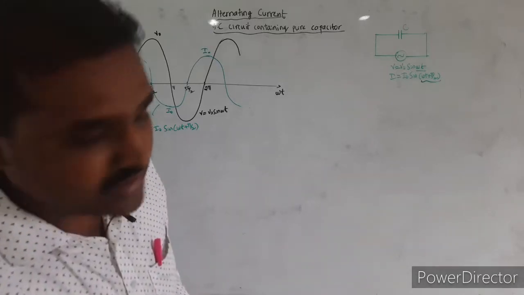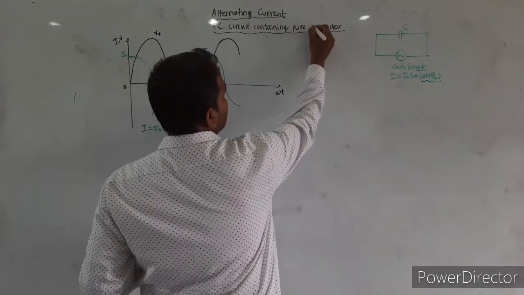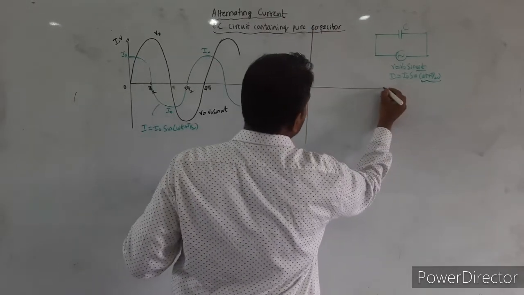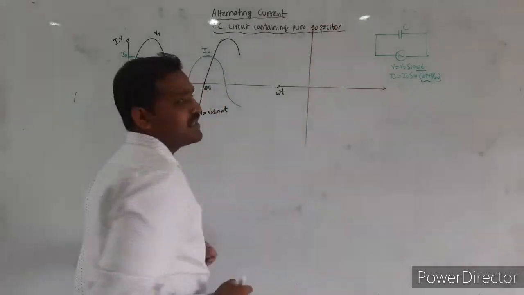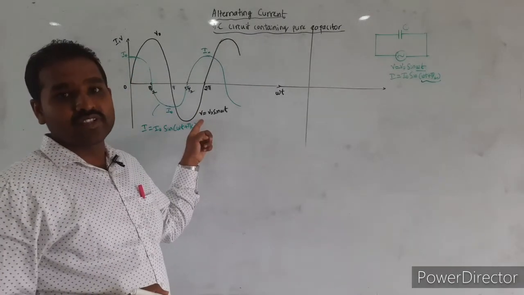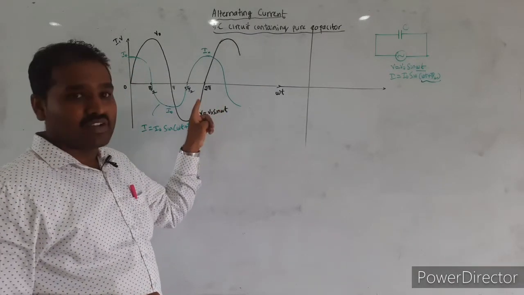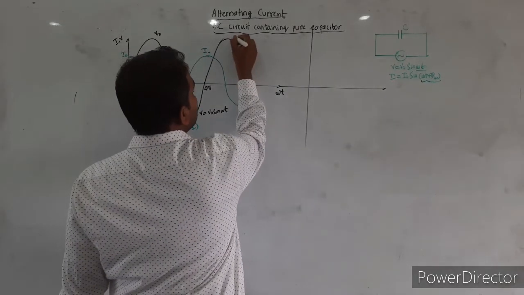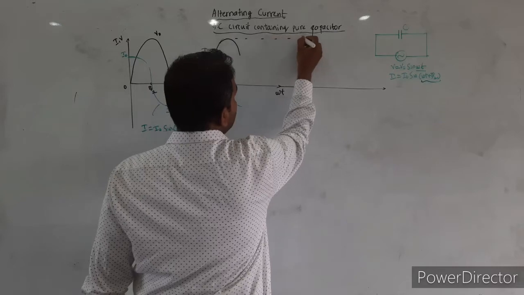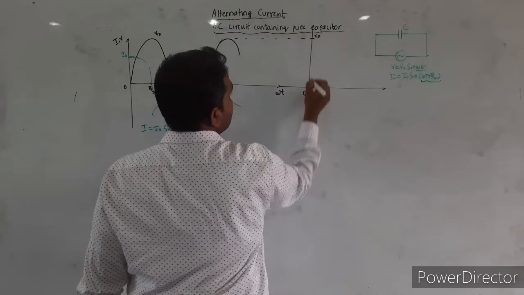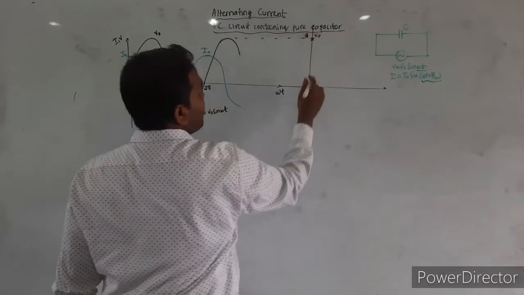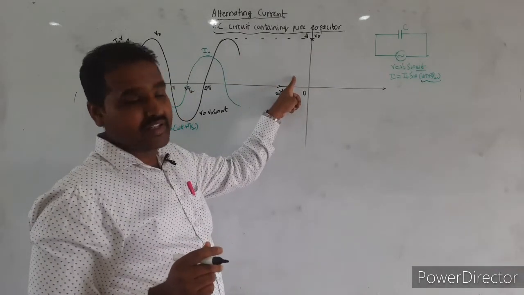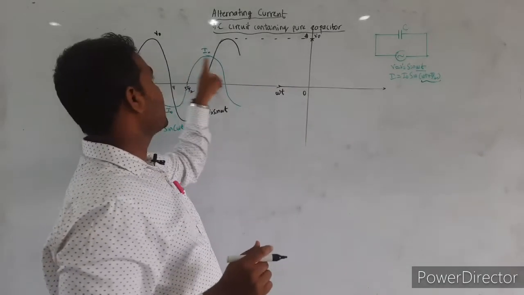Similarly, we shall draw the phasor diagram for both the voltage as well as the current. I will just extend this along the x-axis. As we know, a phasor is a vector which represents a physical quantity that varies with time sinusoidally. Here let me consider the maximum value of voltage, that is V naught. I call this O to A. The line O to A represents the voltage phasor, the voltage vector, when the angle is 90 degrees.